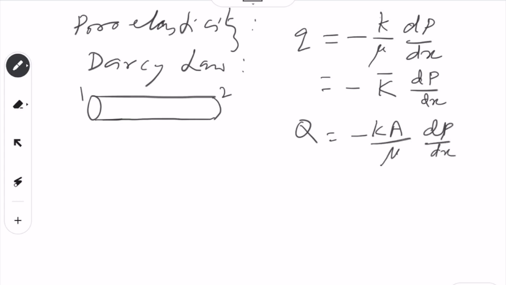So hence there will be q1 here, there will be q2 here, and then we have area A throughout the same thing, then we can have a pressure P1 here, P2 here, and we will get the equation